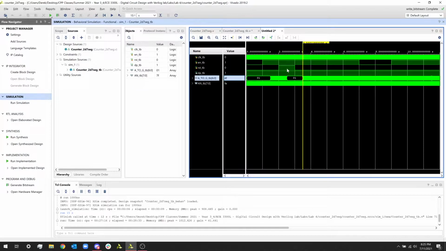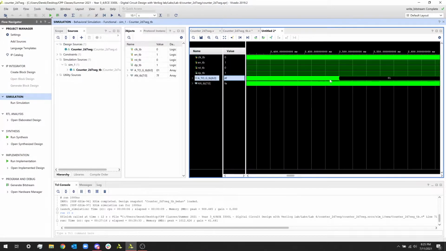And then we have a reset, but since our reset is tied to the always block that we have, that is with the clock divided signal, our reset takes at least, or I guess at most, half a second of being pushed down in order to actually reset the values in our 7-segment display. So if we zoom in over here, we'll see at 2.5 seconds that it does indeed reset